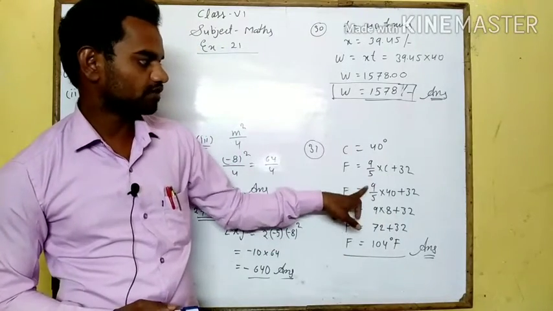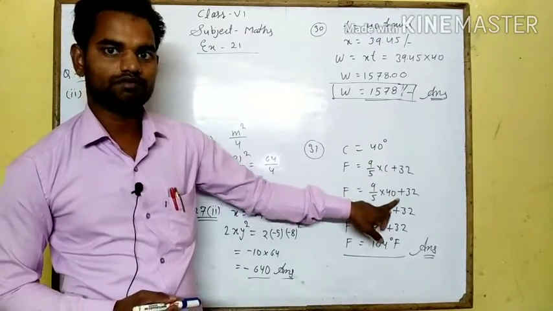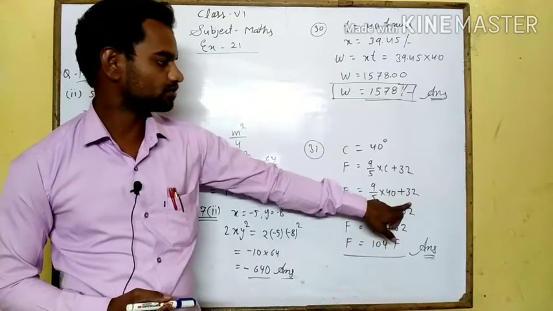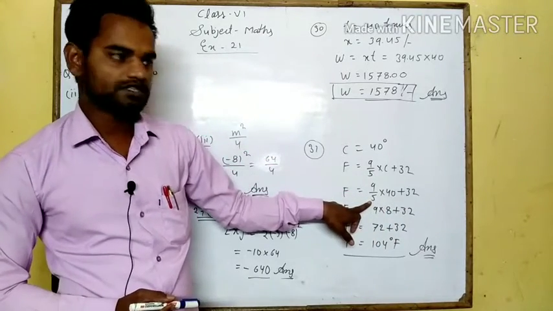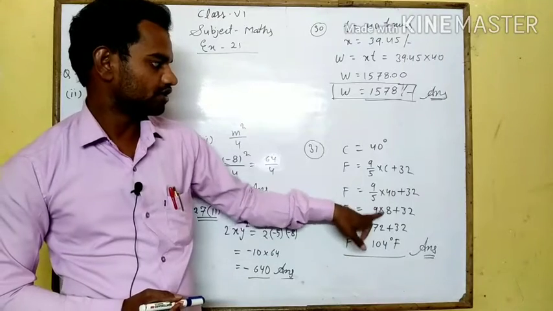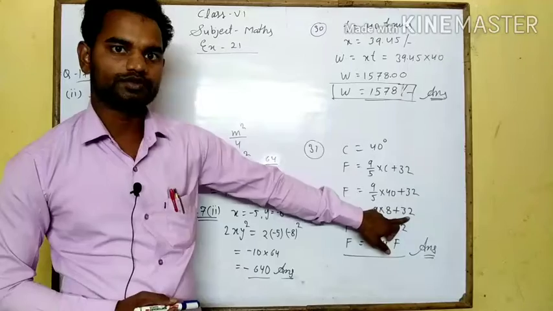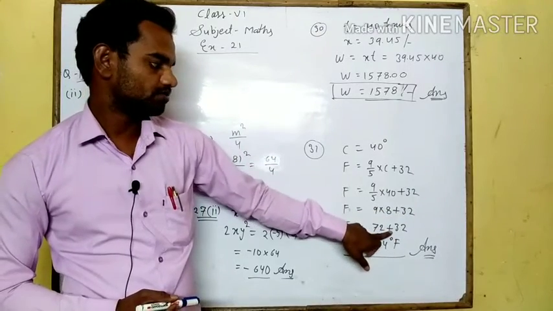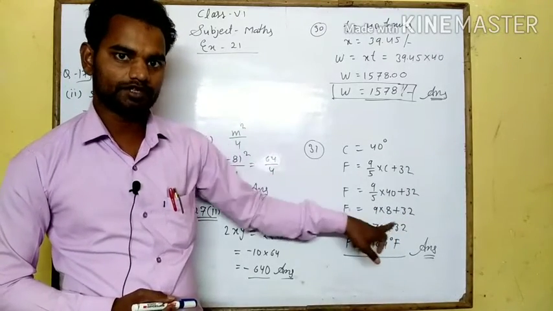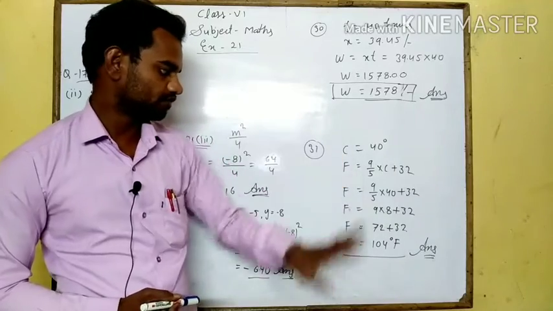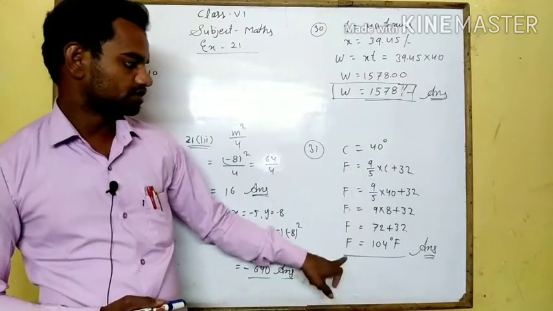F is equal to 9 upon 5 will remain as it is, into 40 plus 32. 40 will be cancelled by 5 easily, 8 times. So 9 into 8 plus 32. 9 eights are 72 plus 32. Simply add them. 72 plus 32 will be 104 degree Fahrenheit. This will be the answer of